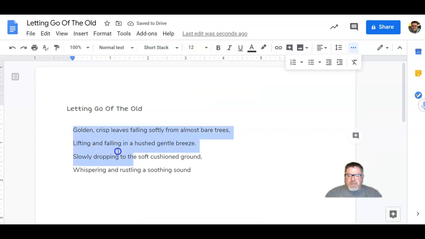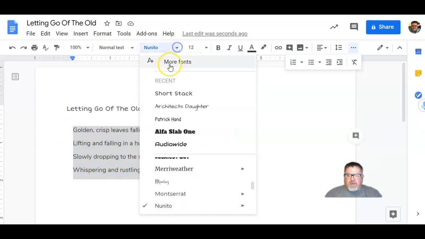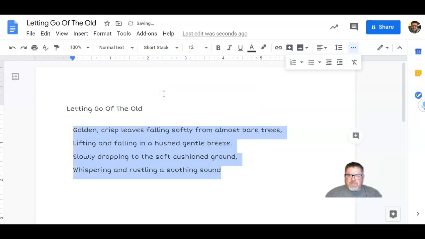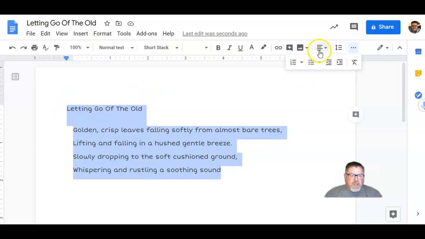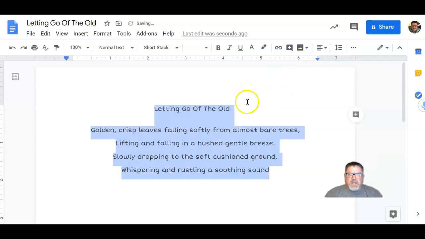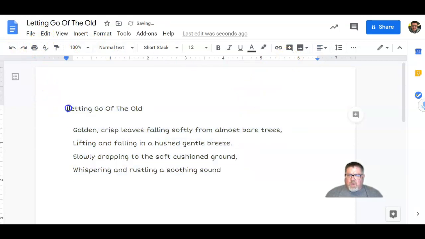Highlight first and pick your new font. All right, and poems are often centered. So if we want to center everything, we highlight everything, and then we go to the line tool, and we click center. I'm going to undo that,